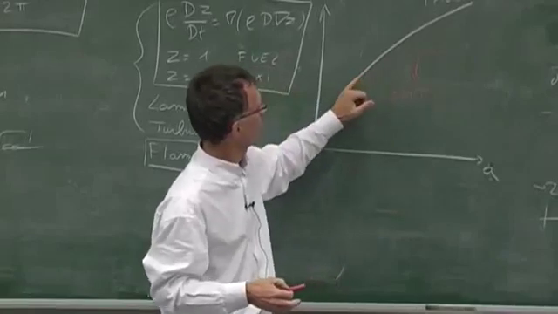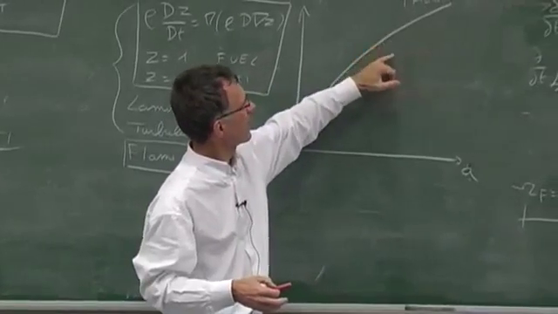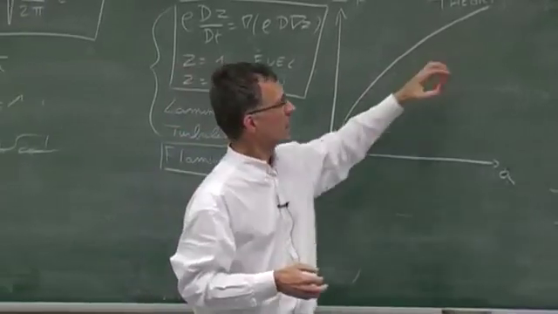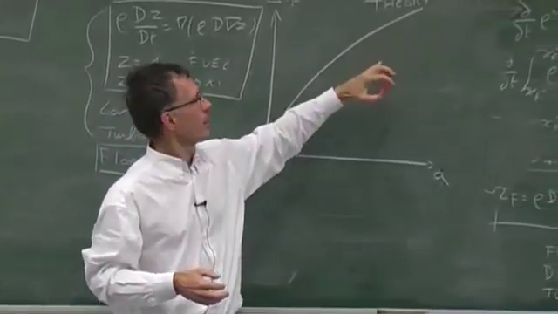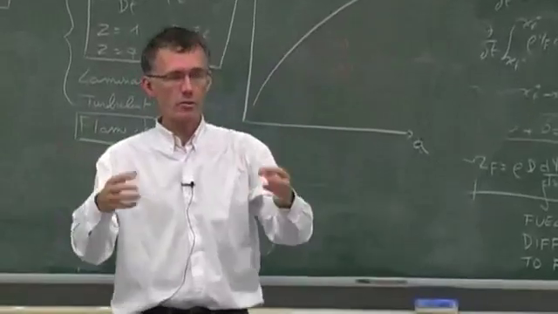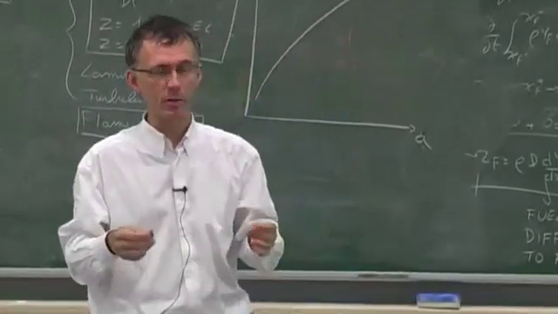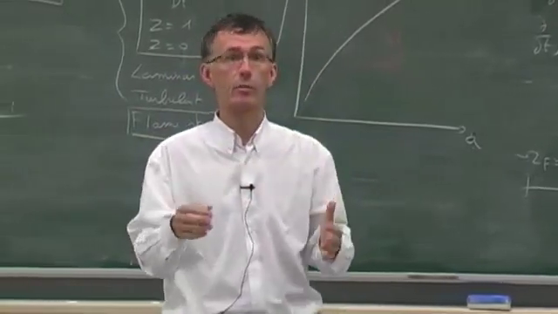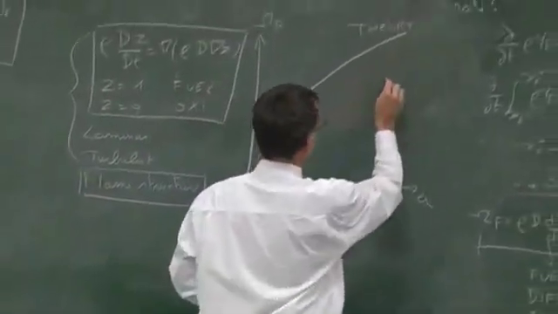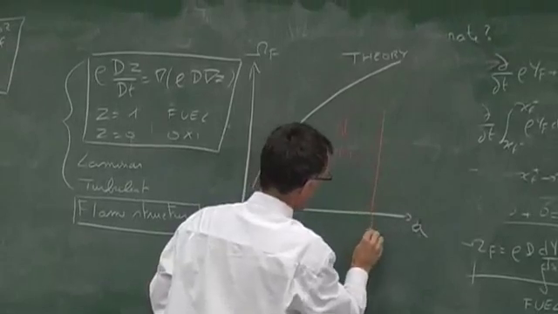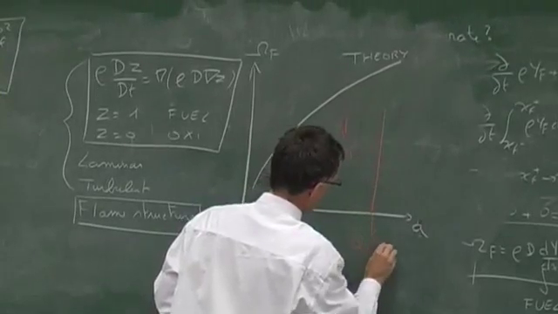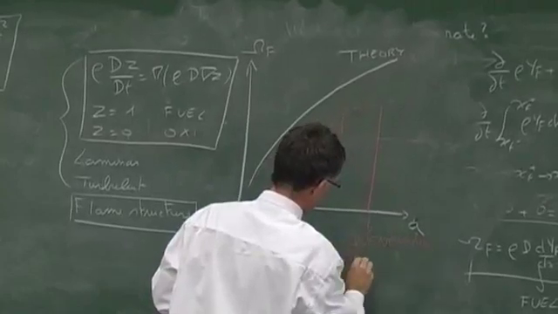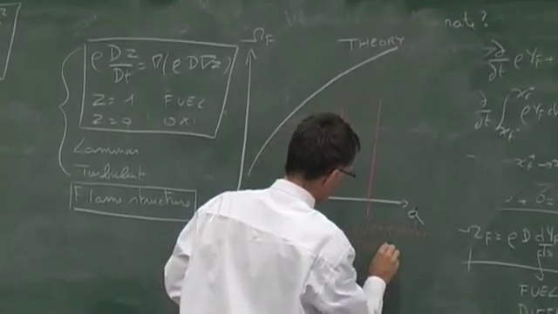And this is what happens here. I start burning less than the theory is saying for infinitely fast chemistry. And then things can get even worse. If you start bringing me things even much, much faster, and I cannot burn them anymore, at some point I will just stop. The temperature will go down, and the flame will completely quench. And this is what's happening here. Here we have the quenching strain rate.